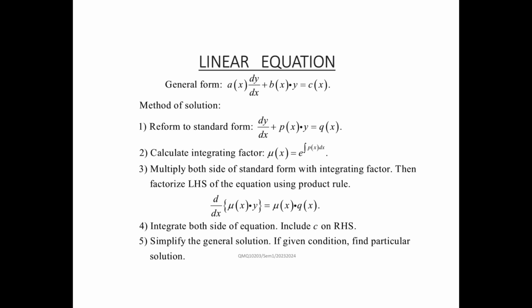When we say linear, the dependent variable, which is y, must have power equal to 1 only. Here the derivative of y, which is dy over dx, the power is 1, and also the variable y, the power is 1. If we have dy over dx where this derivative is squared, then this is not a linear equation. Also, when the variable y has a power greater than 1,